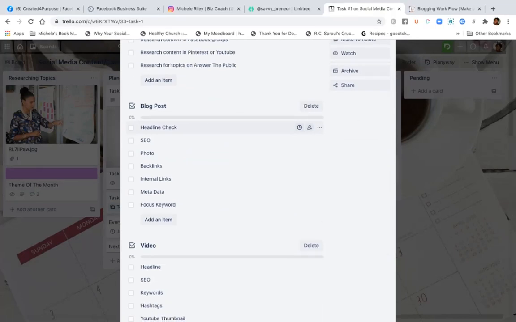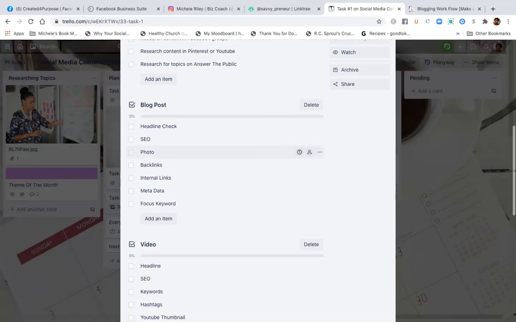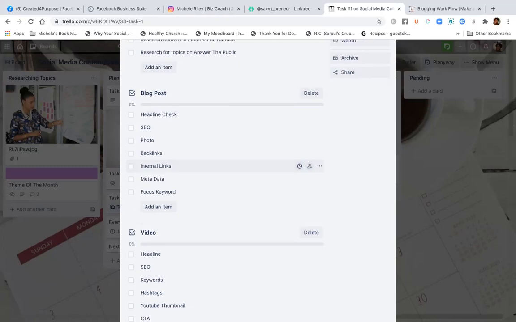Now, when I'm getting ready to post my blog post, I'm gonna make sure that my headline is a good headline, that it's SEO optimized, that I have the photos or the different pictures that I need for that blog post. I'm going to make sure I have the backlinks that link out to other sources that can basically help my audience with even more information on the content that I'm talking about. Then I'm going to make sure that the internal links that I have within my website, meaning other articles that are related to what I'm talking about, can refer them back to a specific article within my website.